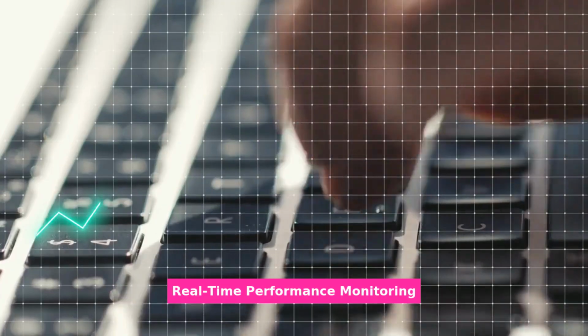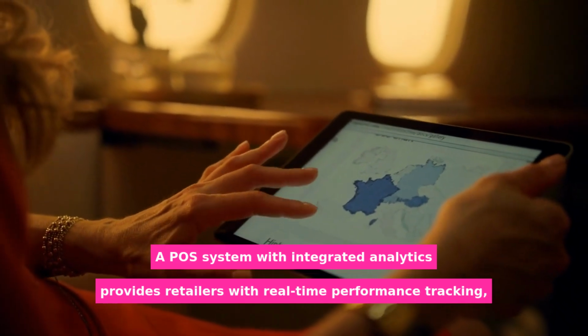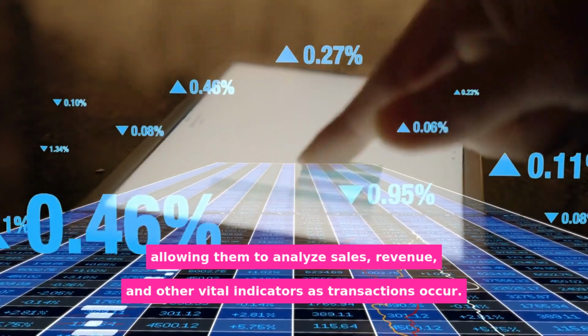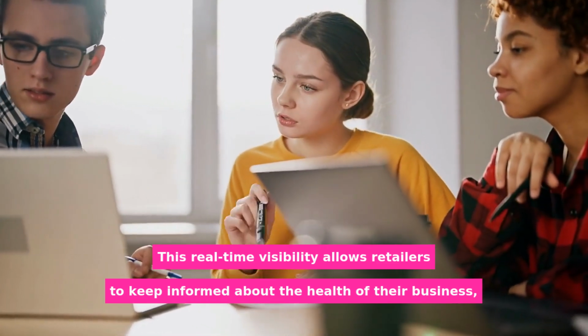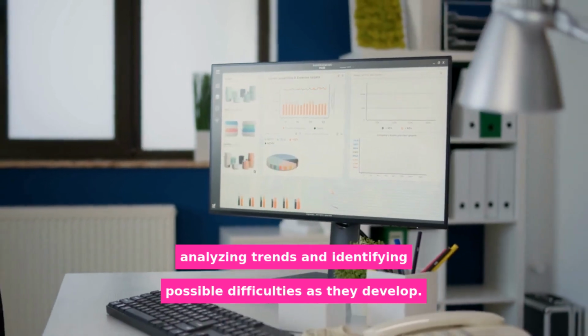Real-time performance monitoring. A POS system with integrated analytics provides retailers with real-time performance tracking, allowing them to analyze sales, revenue, and other vital indicators as transactions occur. This real-time visibility allows retailers to keep informed about the health of their business, analyzing trends and identifying possible difficulties